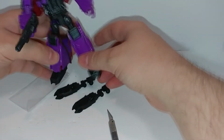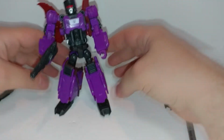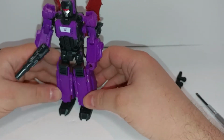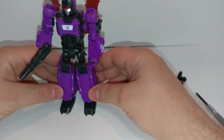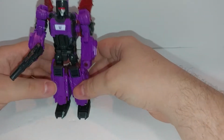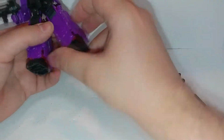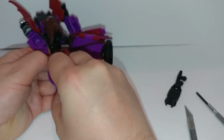Anyway, the one big downside of this figure that often bothered me, he doesn't have any ankle tilt, so it's kind of hard. He actually does fall over on my shelf quite a bit, because he needs to have a bit of an A stance there, as they call it, and yeah, he's not the most stable. I think it would be nice if he could stand like this and not at an angle. But there's no tilt there, so let's open up his